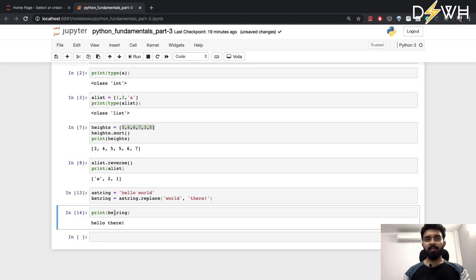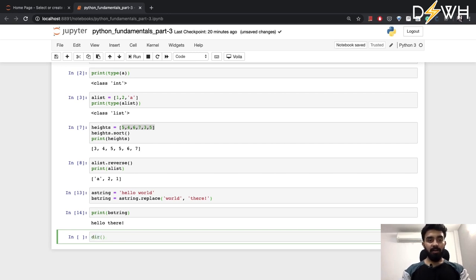There are many other methods that are available to us in each of those classes. To learn exactly which methods or attributes are available in each class, you can use the method called dir, and simply pass the object that you have. Let's say I pass in a string object, and I want to learn what attributes and methods are available in the string class.